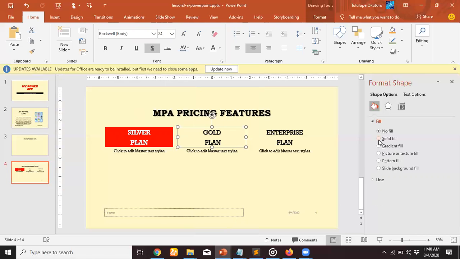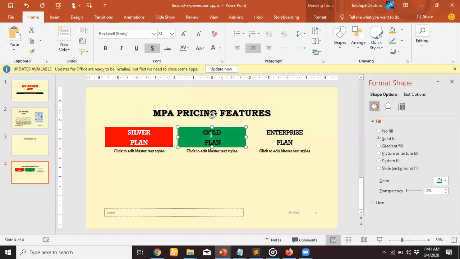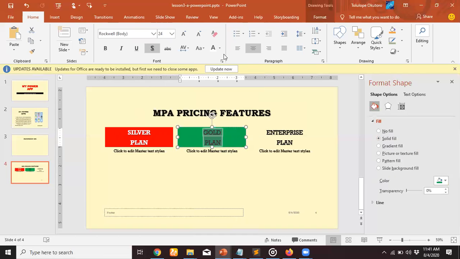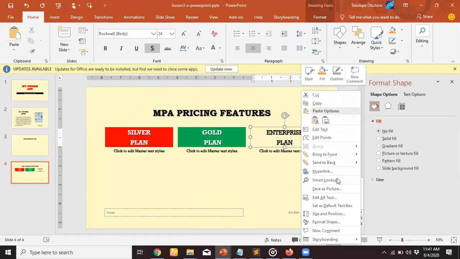So let's go for green. Green right here. Okay, click inside and Control A and white it. Okay, so click inside, format shape,